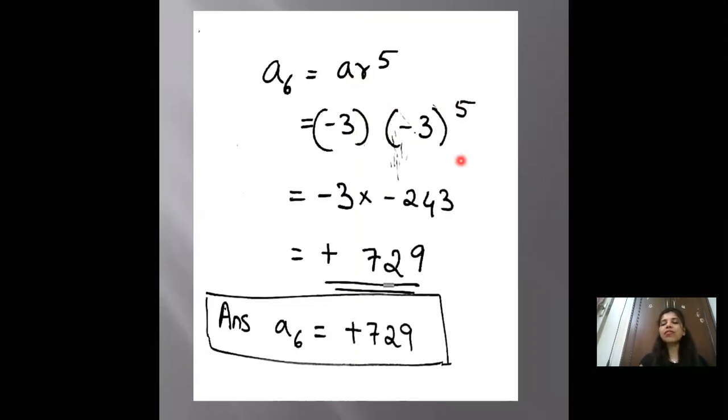So as it is 5, you write the negative sign, and the final answer, when you multiply 3 5 times, you get 243. Now -3 into -243, minus into minus becomes plus. 243 into 3, when you multiply, you get 3 3s are 9, 3 4s are 12, 1 carry over, 3 2s are 6, 7. So that is how you got 729. So the value for the sixth term, A6, is 729.